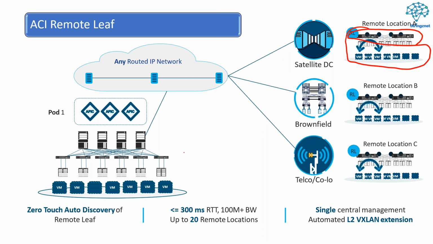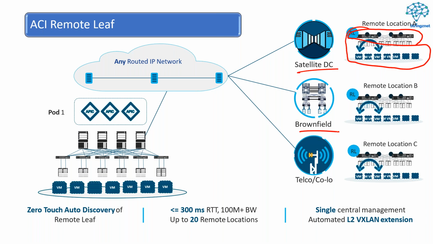They are not locally available in the data center or in that particular geographical location, but they are far away geographically, and we can still bring them into our APIC cluster. This is not part of our data center, but this is possible. We can have our remote location connected via satellite. We can say these are the satellite data centers,